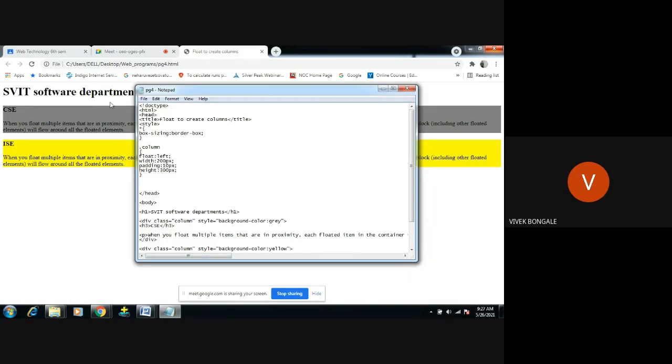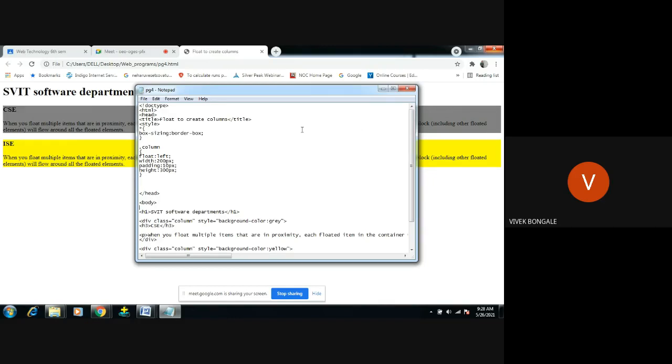like in table format. If I ask you to differentiate between absolute and relative, how will we write? We'll create one box, right? And we will create one more box under that. At one part we'll write relative, at one part we'll write absolute, in the center we'll put one line, and start giving the explanation for relative on this part and the explanation for absolute on this part, right? Same thing we are trying to create over here, means we need one row here, where we write CSC and ISC.